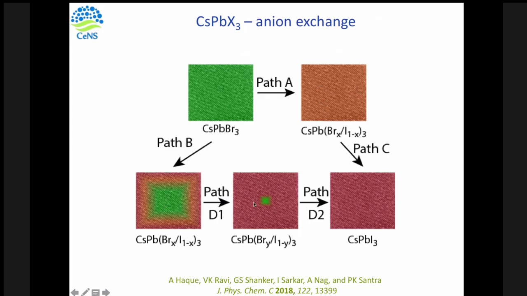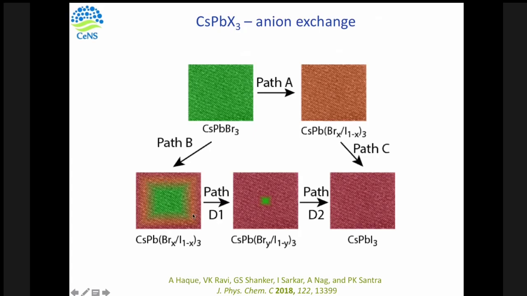So this is the question we wanted to understand: whether it is following path A followed by path C, or path B and then followed by path D. To answer this, we have to understand the internal heterostructure of these nanocrystals. So what we did was X-ray photoelectron spectroscopy, again variable energy photoelectron spectroscopy, for this cesium lead bromide, and